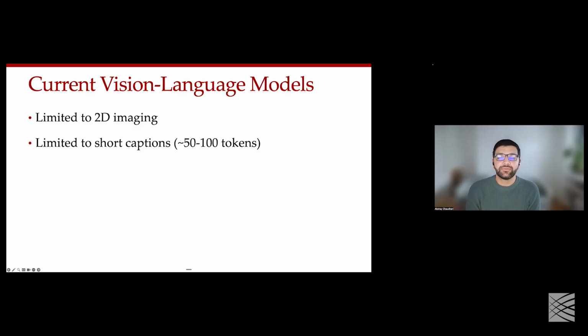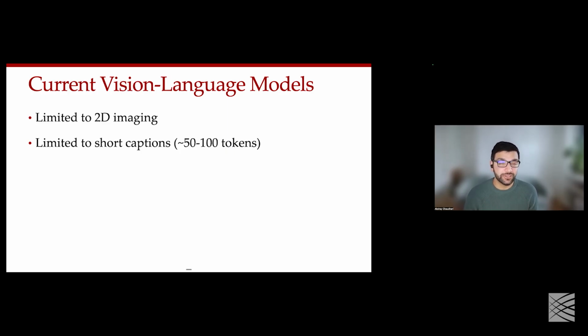So far, as we look at some of these multimodal vision language models, they're primarily limited to 2D images. Most of the work in this domain has been limited to chest X-rays, which are quite ubiquitous, but there are a lot of other more complex imaging modalities. One of the Achilles heels of most of these methods is that they really only work well when you have short captions. If you're training your CLIP models, or generating BLIP-2 style models that require long-form outputs, there is a tendency for models to be degenerate when generating really long context lengths. So these are the two main challenges that we see.